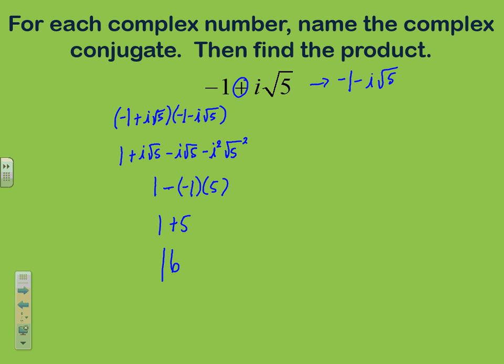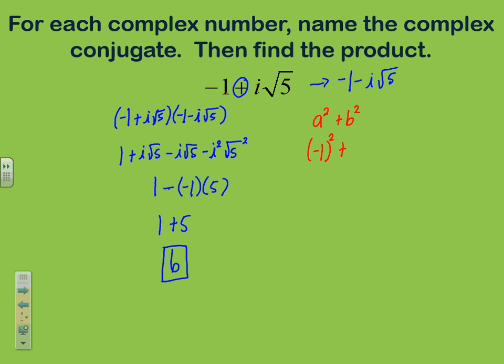So the whole thing simplifies to be one whole number, which is what we said should always happen when we multiply conjugate pairs together. So let's try it the other way, looking at just the rule. The rule says if I multiply complex conjugates together, I'm going to just say a squared plus b squared. Well, the a term is 1 or negative 1, however you want to think of it. So if I say negative 1 and I square it,